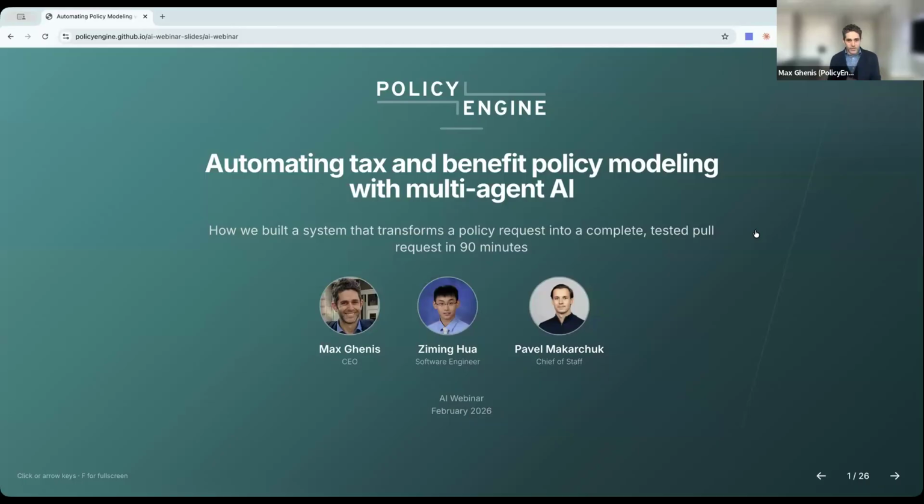We're excited to share some of our research and findings and really the software that's come out of our work to automate a major part of our platform development, which is encoding tax and benefit policy rules. Since we started about 5 years ago, we've had to encode hundreds of different tax and benefit policies in the US, UK, Canada, elsewhere at the state, local, and national levels.